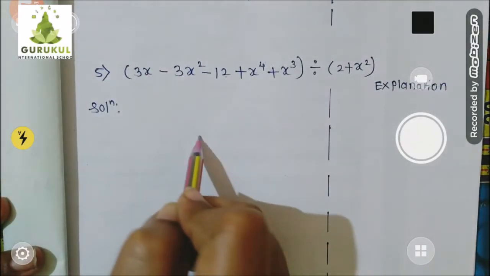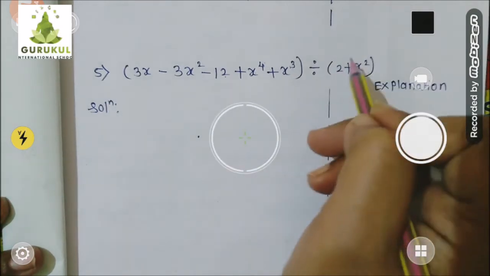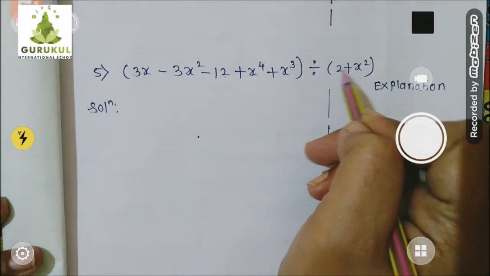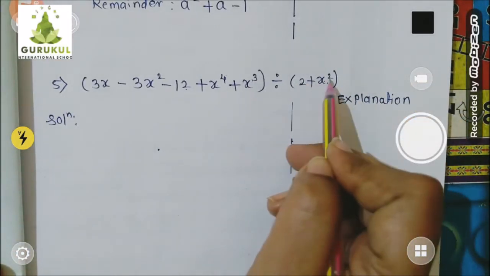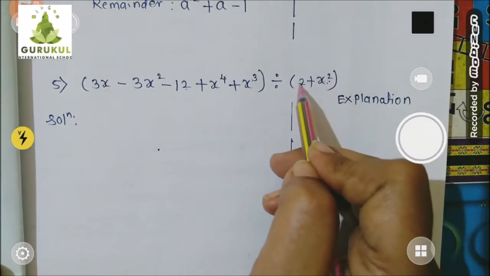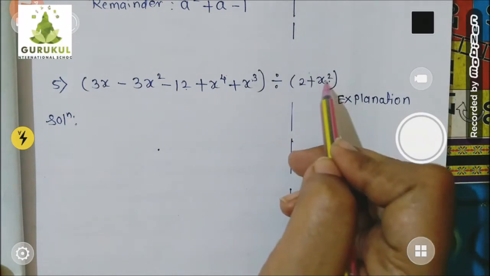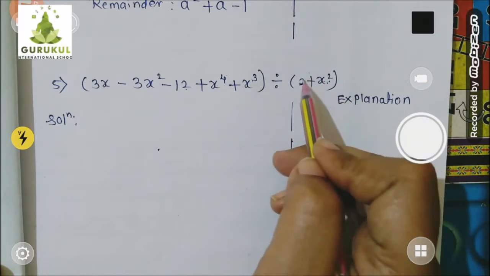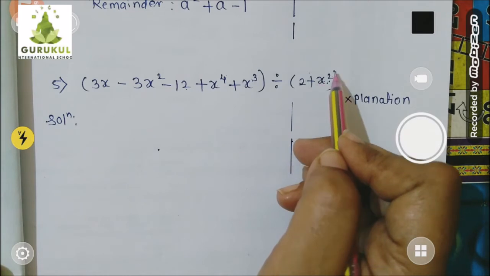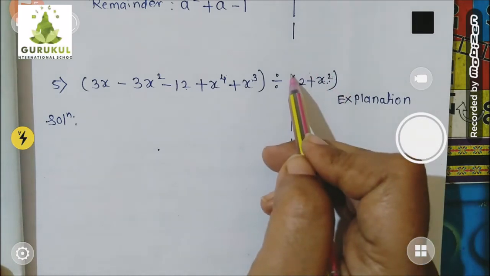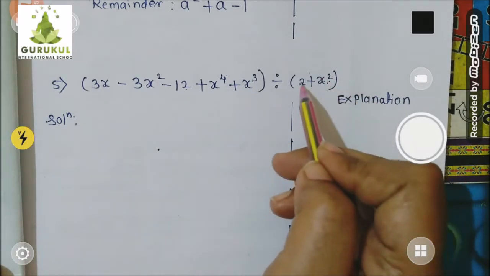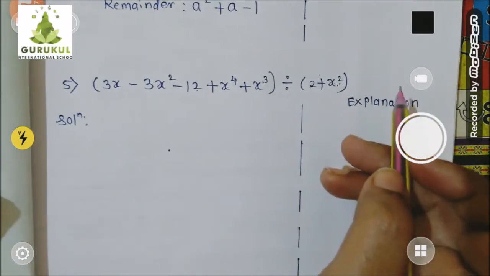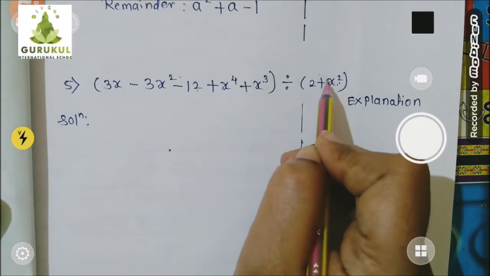and then I will write down in dividend position. Same way, this is the 2 plus x square. Is it arranged in descending order of power? No. Here 2 means x raised to 0 and this is x raised to 2. So actually it is in ascending, not descending. Highest power term I want in the first position, then next lower power term, then next lower power term. But this is not arranged according to that. So both I have to arrange in descending order of power.